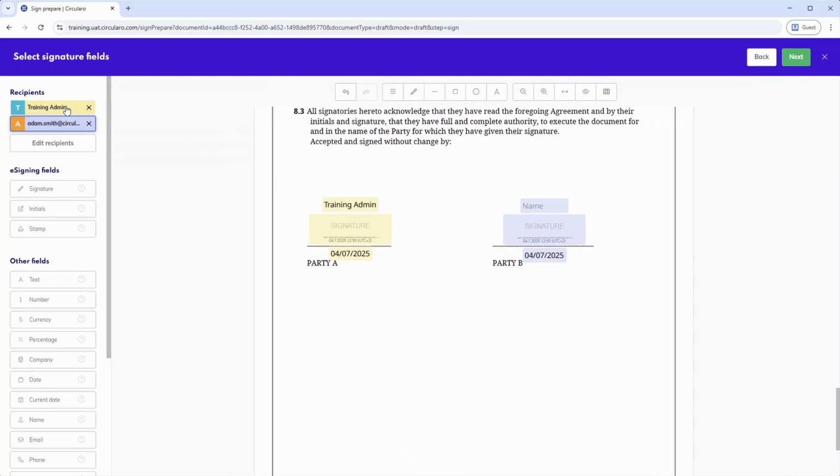When adding fields for other recipients, you will see they are color-coded, so you can tell which field belongs to which recipient at a glance.